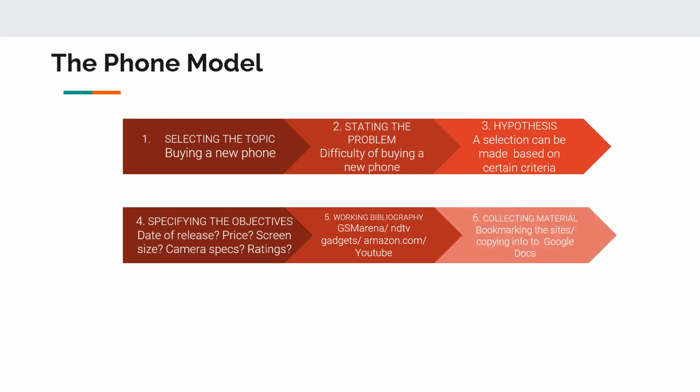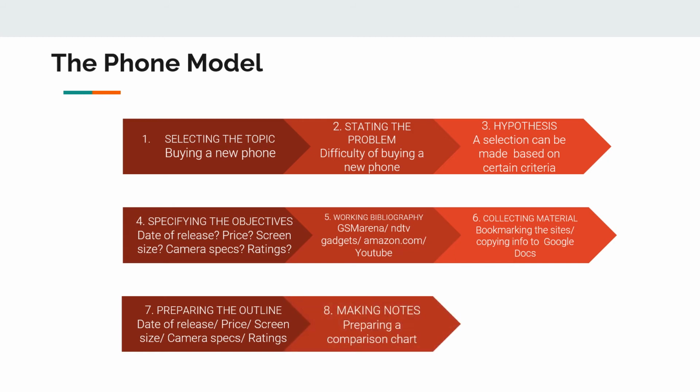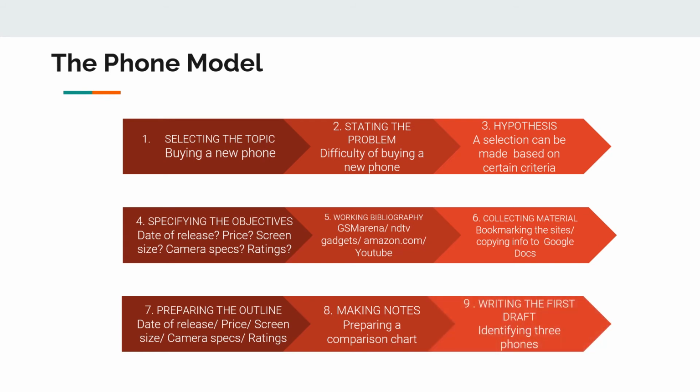Once I have my sources, I will retrieve pages which have information relevant for me and store them somewhere. Now I am ready to prepare my outline, which will be actually the prioritized list of criteria. The next step would be to start making notes or tabulating the comparisons. After I am done with this, I'm ready to make my first draft, which is to narrow my selection to